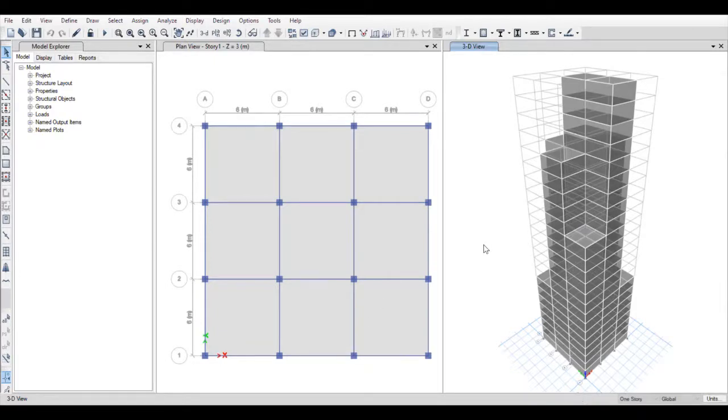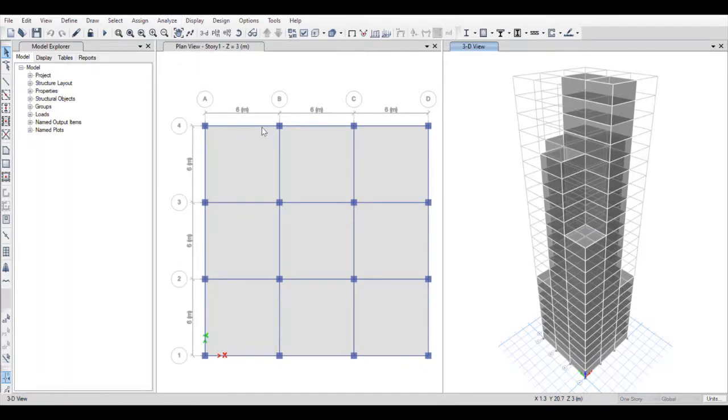Then guys, you can click on OK, then again OK. Now guys, we have defined the case. Now you don't need to assign it separately. It automatically assigns itself to all the members.